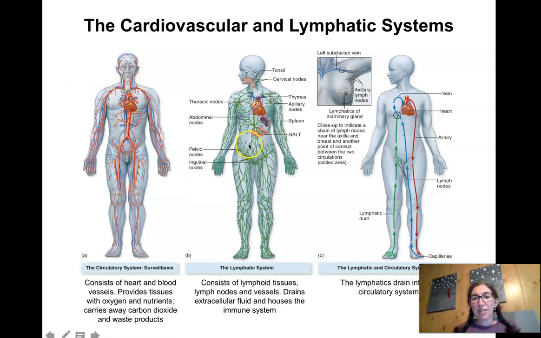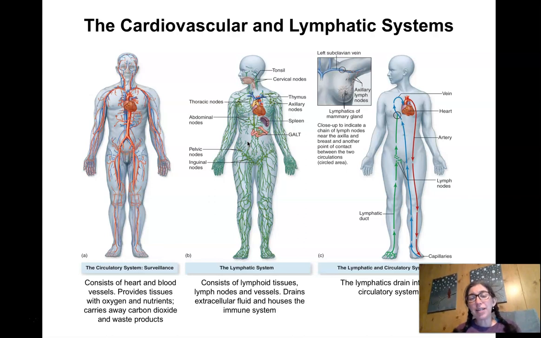The lymphatic system is also a series of vessels that carries fluid, but the fluid is lymph fluid, and its purpose is really drainage of liquid waste and excess liquids or water from the tissue. It also houses our immune cells, so a lot of white blood cells live there, and that makes sense